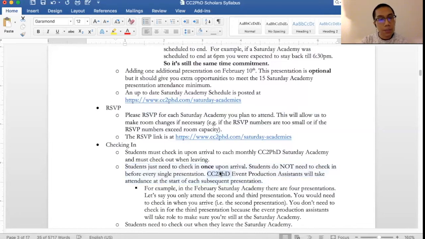But just keep in mind that CC2PhD event production assistants will take attendance at the start of each subsequent presentation. They're going to have a clipboard with everyone's pictures on it, and we're just using that to make sure that after you check in, you actually stay and attend throughout the entire Saturday Academy, right? But again, you just need to check in once.